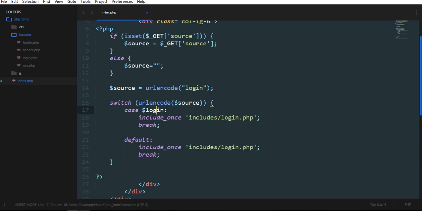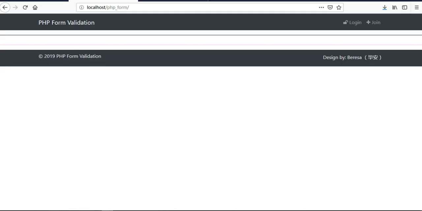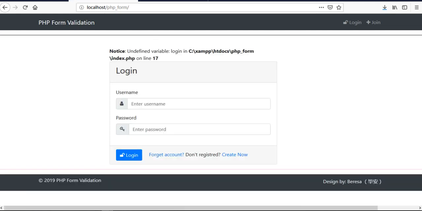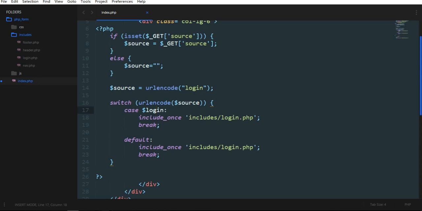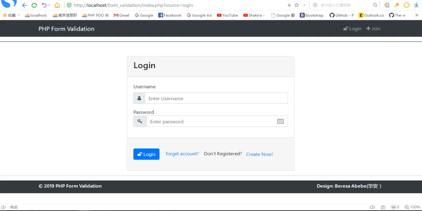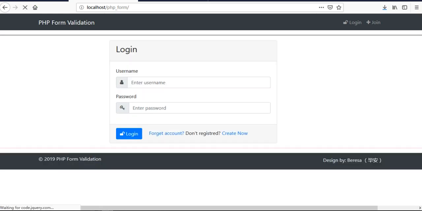Now let's go to the browser and refresh this one. You will see what it looks like. It says undefined variable login at line 17, so this is okay. Line 70. Here this is not login. We need to use something like this. That's why it is saying the file is undefined. But now no problem, everything's okay. Now we have already created